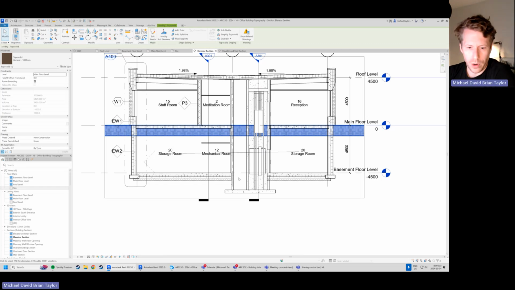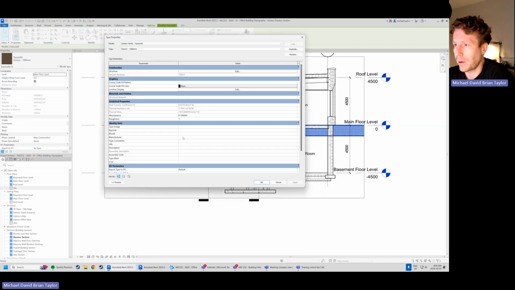So super quick, what we're going to do is edit the type here. So we can see we've got 1,000 in here. What we'd like to do is make it 8,000. So we're going to make this 8,000 deep. Hit that little edit type icon. And remember, first thing we can do is duplicate. So I'd like this to be 8,000. So let's duplicate this, make it 8,000,